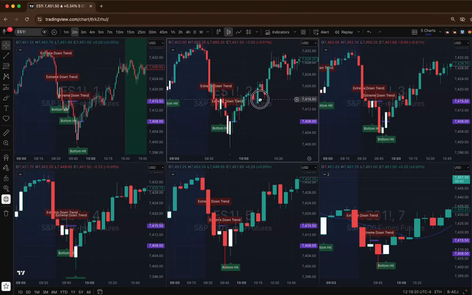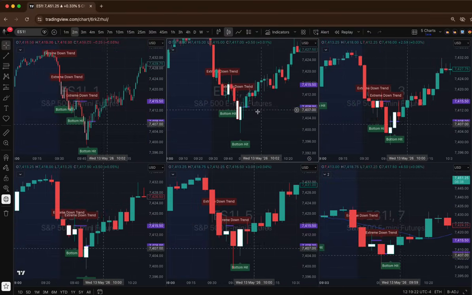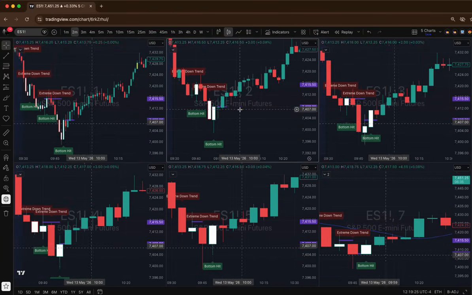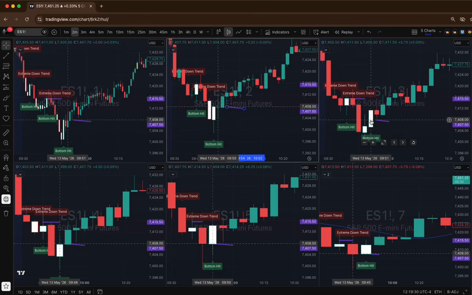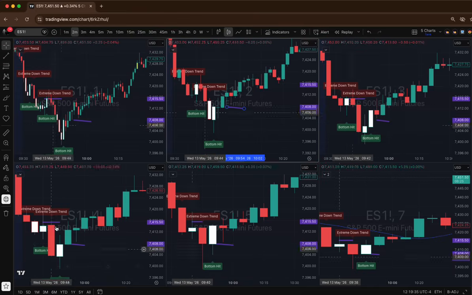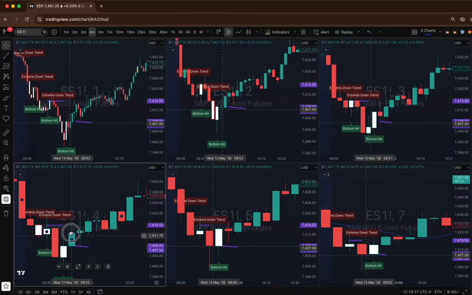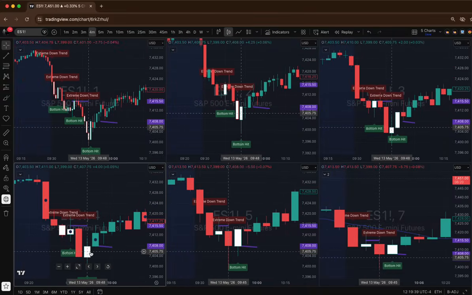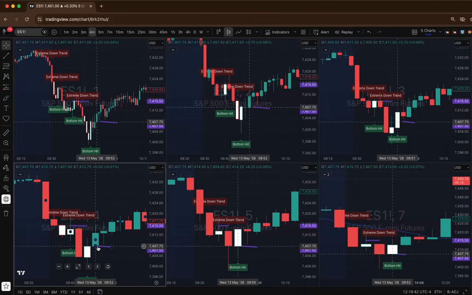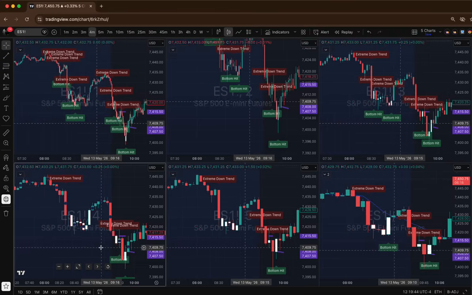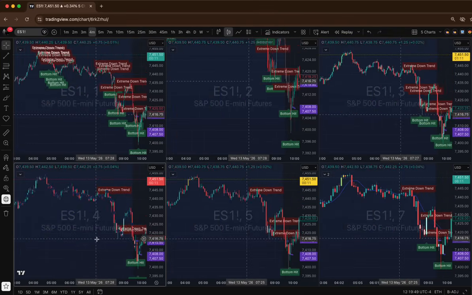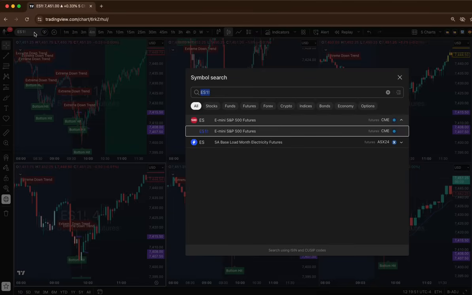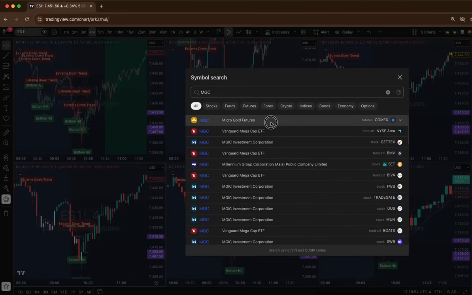So yeah, that's how you should trade. If for some reason ES also had two white candles in this area, then you just go to the third candle. And if it also had a couple of white candles, just go to the fourth one. As soon as the extreme happens, the next candle is a bottom hit and it closes, that's where the entry happens. So if you guys want to test this theory out, just go ahead and check the same strategy on everything else. This strategy worked really well with MGC,